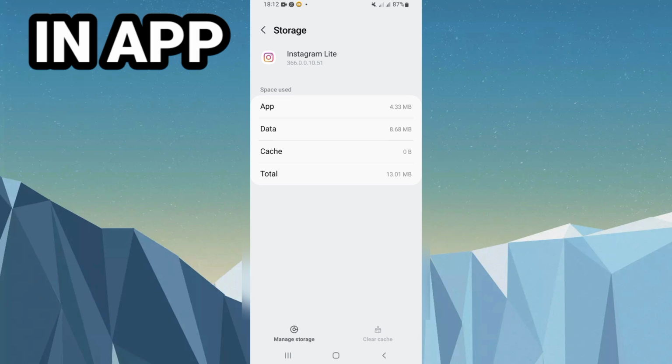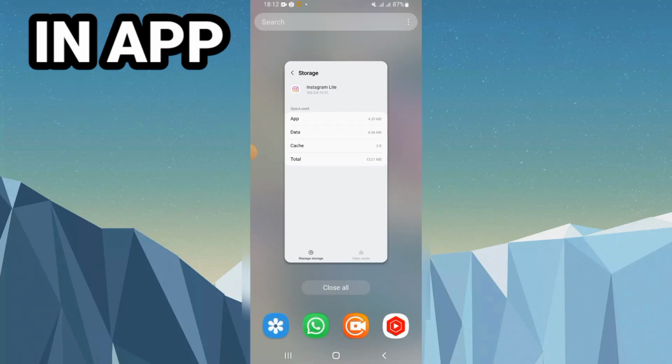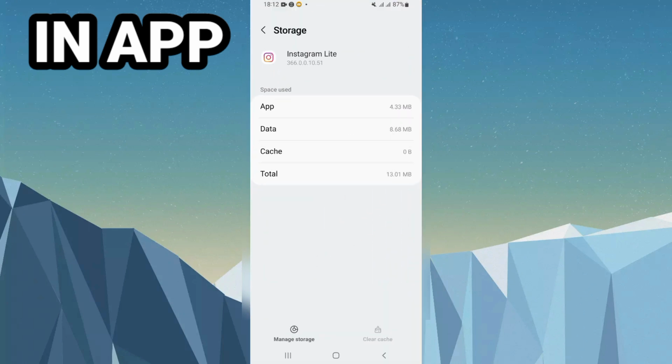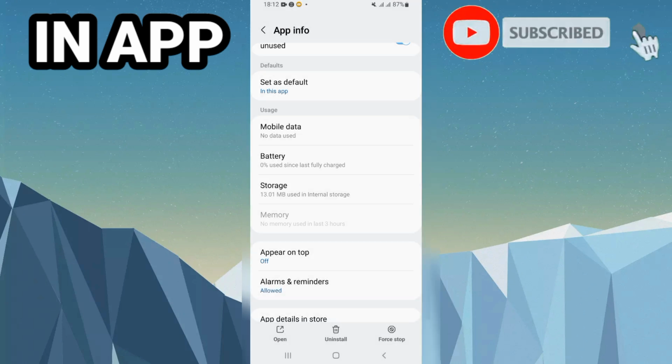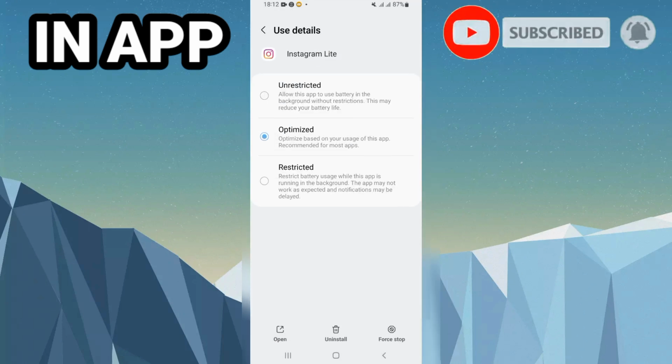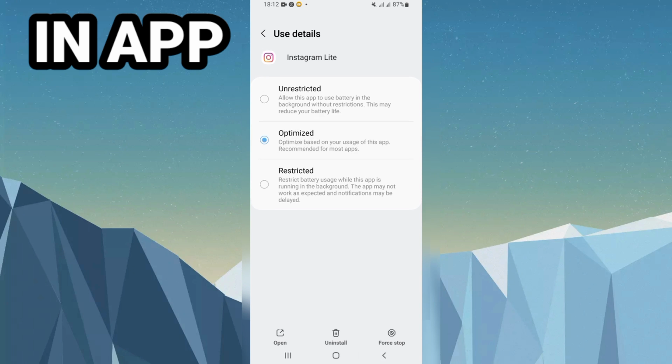So click on clear cache. As you see here at the bottom of the screen, I used it before, that's why I can't click on it right now. And then what you should do, you have to go back and click on force stop and click OK. And next you have to go to battery, allow it on optimized mode,